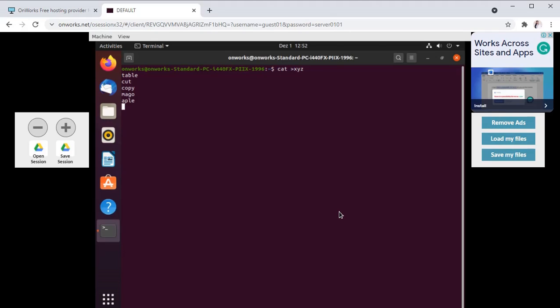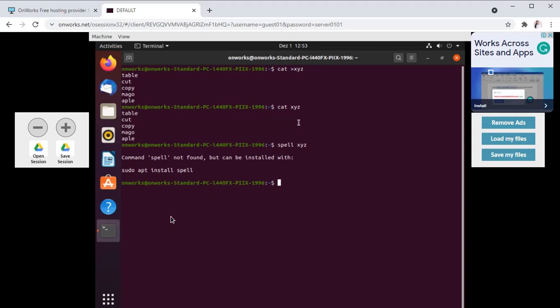So cat xyz, these are the contents of the file. Now if we want to check the spelling mistakes in the file xyz, write spell xyz. It will show spell not found but can be installed with sudo. The spell command is not installed inbuilt, so we need to install it.